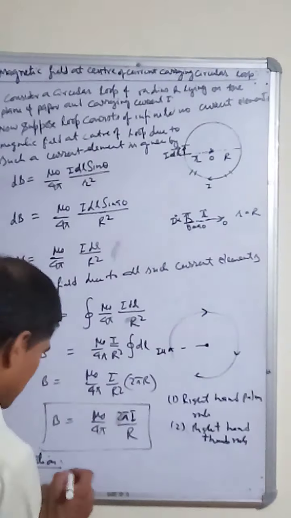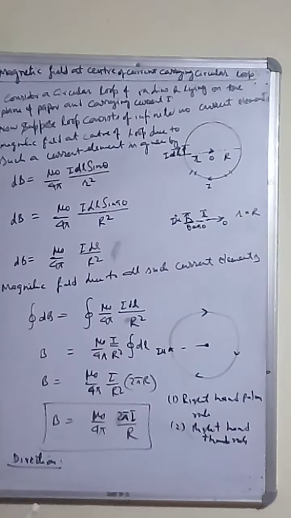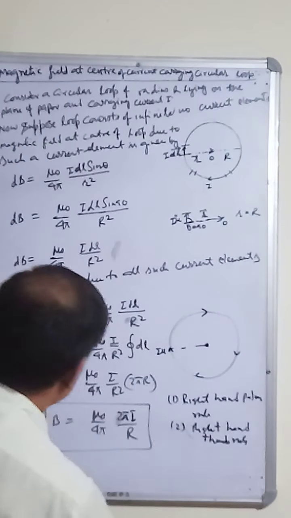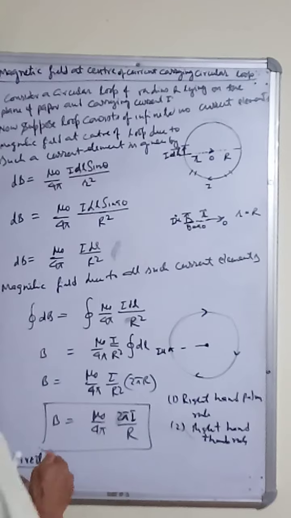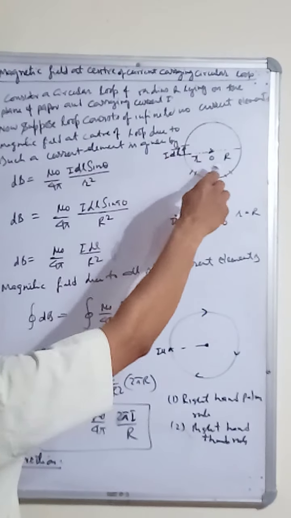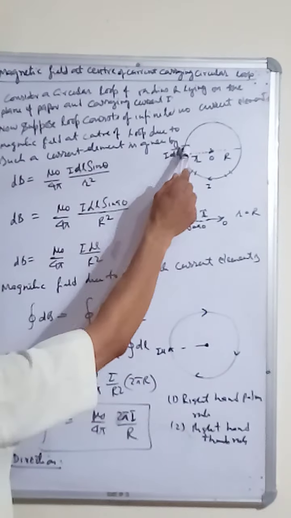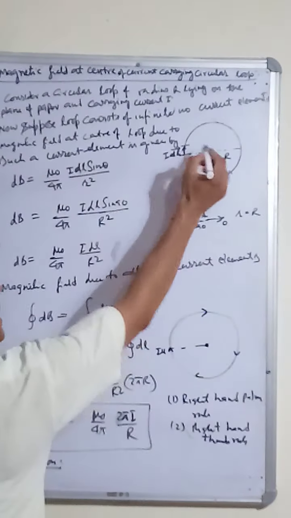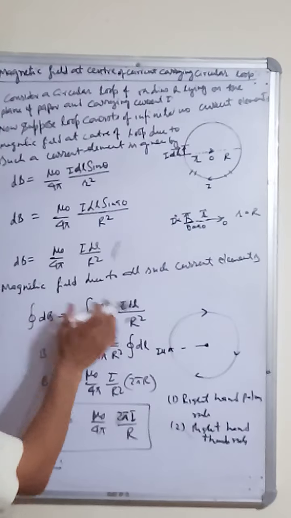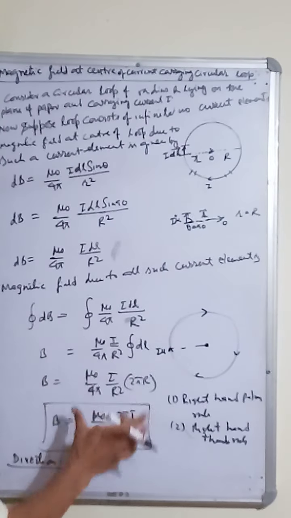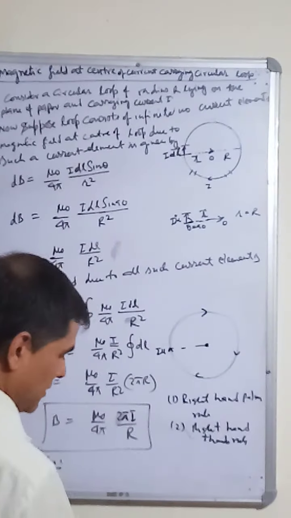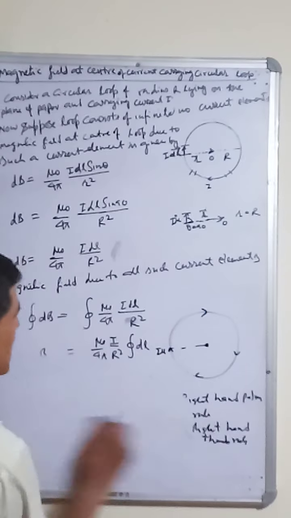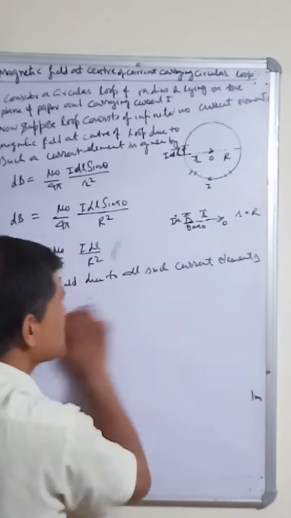And how do we draw the magnetic field lines after doing this whole derivation? What we do is, we first take this circular coil, and this is the magnetic field due to a small element. This angle is 90, this is r, this is I dl. Now we add the magnetic field due to all such current elements, and this comes out to be this. So how will the magnetic field lines of this circular loop look?